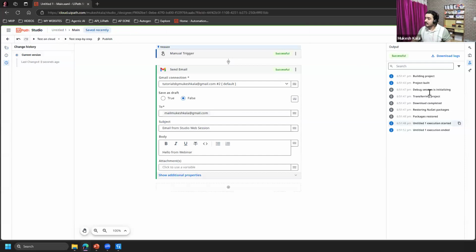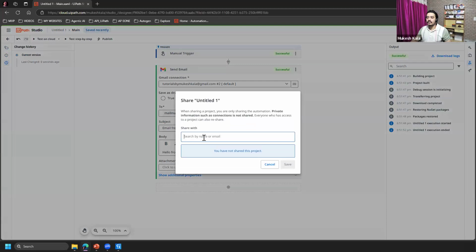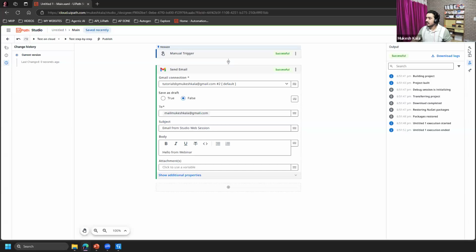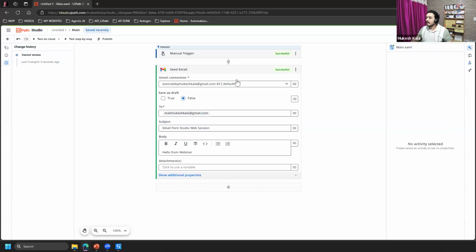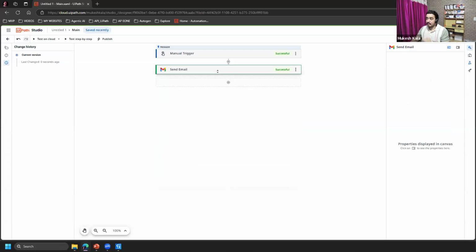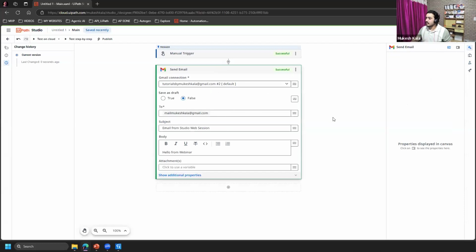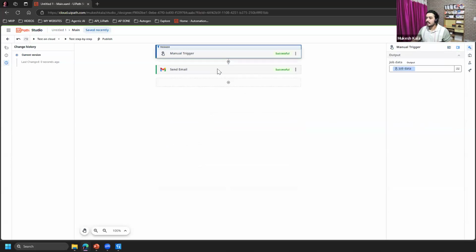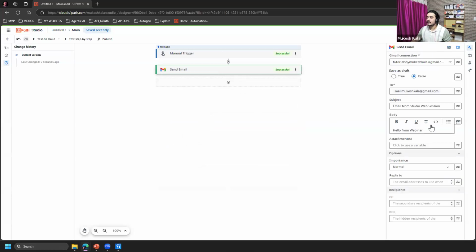On the right hand side of the screen, you have these four buttons, which is the share. To share it to your friend, colleague, anyone, you can just click on this. Then you have this properties panel where you can add additional properties, right? So as of now, these properties are seen here, but for a cleaner view, people have different preferences. So I can click here, and then all these properties will be shown in the property panel.